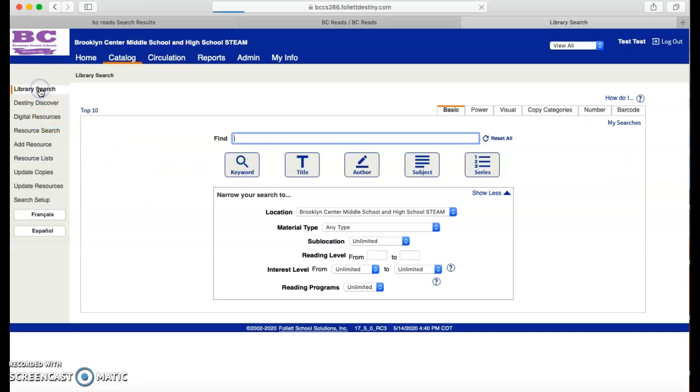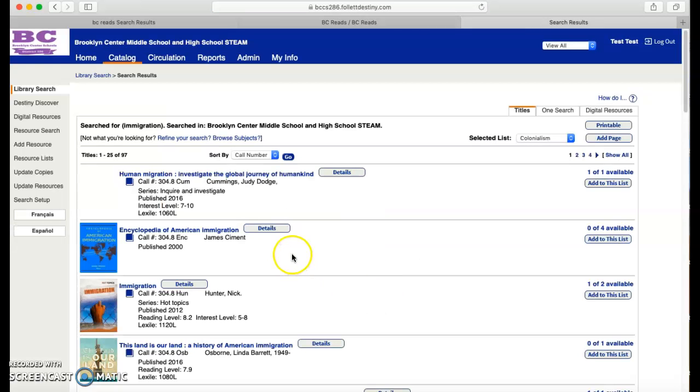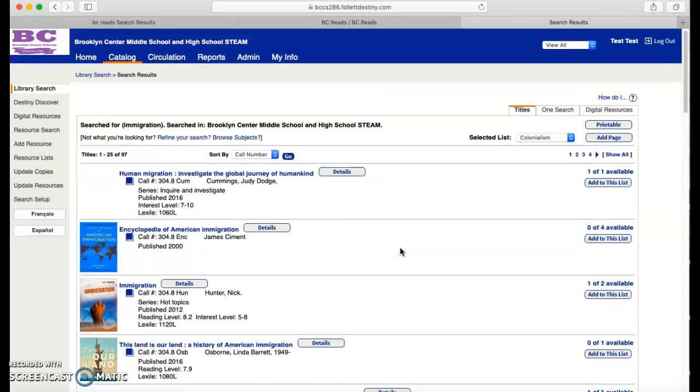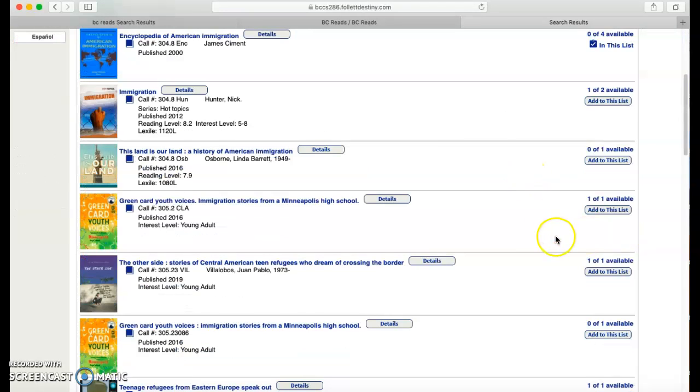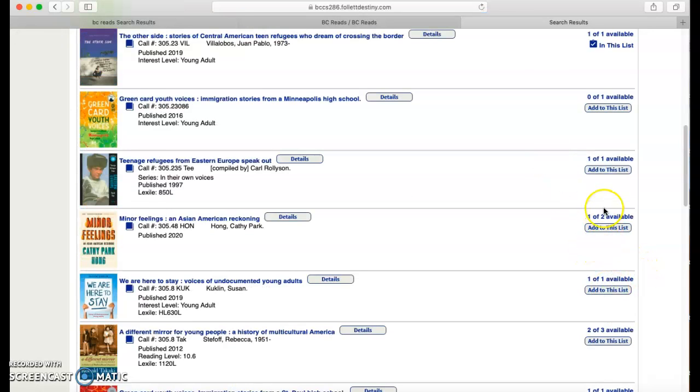So then when you're searching, let's see. And you find a book that you want to put in your list. You look up here, you make sure that the list that you want the book to go into is showing. If you want a different one, this will show all of your lists. Then you're just going to add to this list. So I'm going to add, and I know these aren't books on colonialism, but